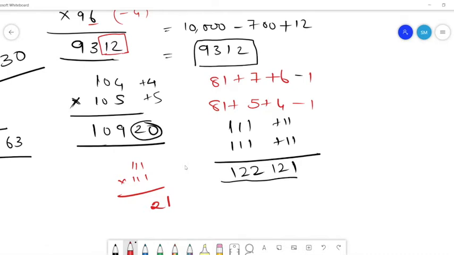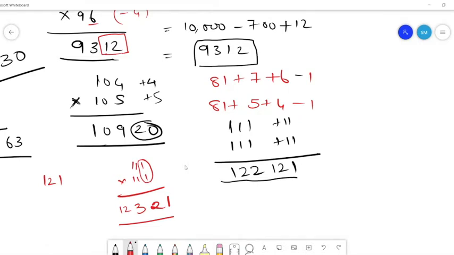Okay. So you multiply 11 into 11, you get 121, and you add that to what? I add the digits at the unit place of the two numbers, 1 and 1. Okay, 1 plus 1, 2. So 123. But I don't know if it works only for this, or we have to see whether it works generally. Okay, nice. So you can check for 104 and 105. Oh, interesting.